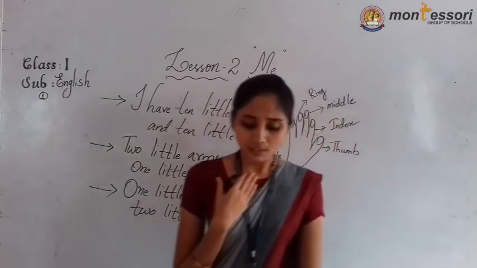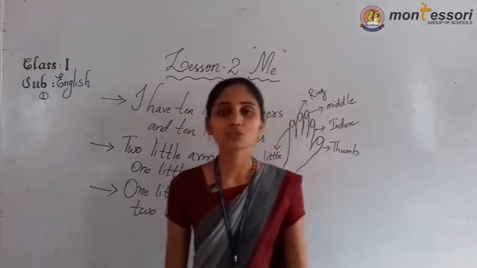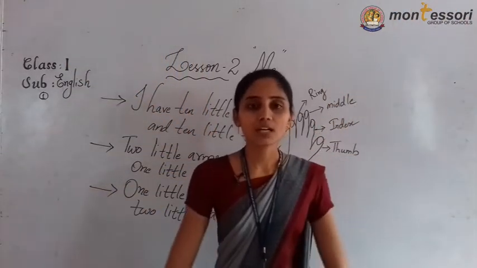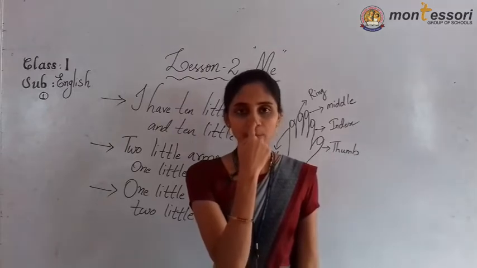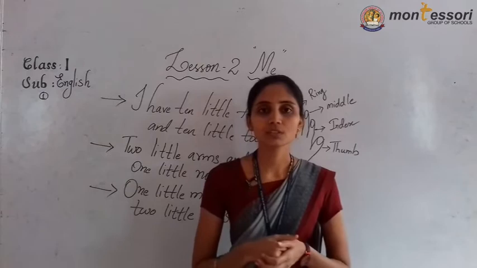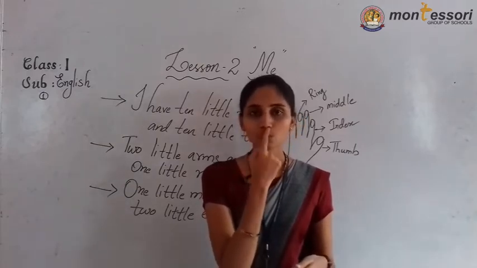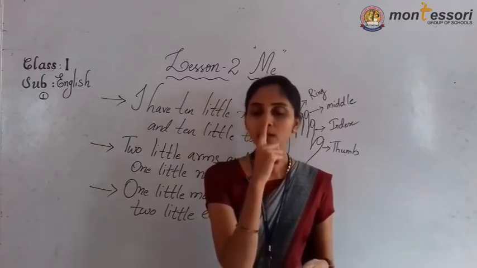Next, raise arms and then point to the nose. All of you raise your arms. See, I am going to raise my arms. Next, point the finger, point to your nose. This is my nose. See, how many noses do you have? 1 or 2? Only 1 nose, not 2 noses. You have 2 holes, no? You are thinking that you have 2 noses. No, this is only 1 nose. We have only 1 nose.